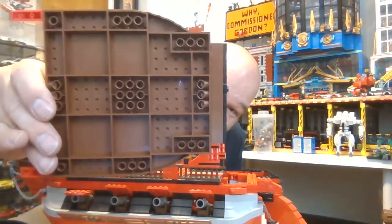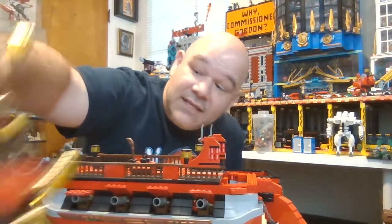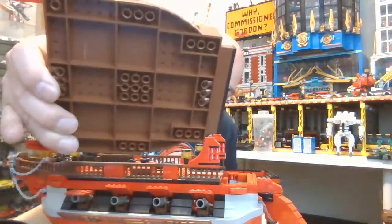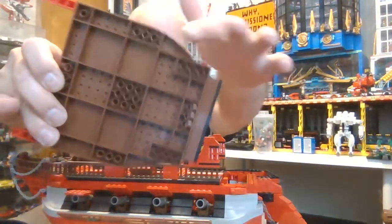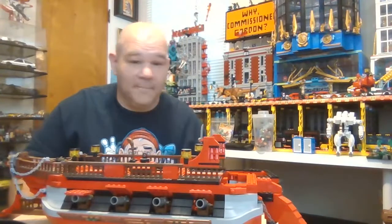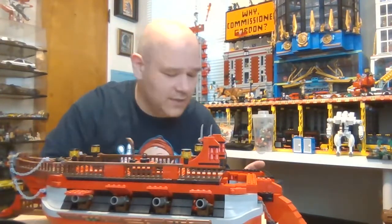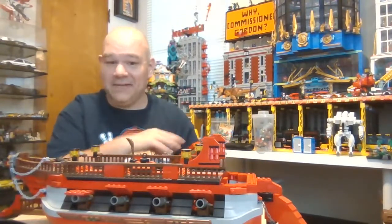Yeah, that's massive. It's got some Technic pins here in the front and in the back. That's in the back. That's how I got the Be His Folly on there. Man, that's huge, right? And it's got that little bit of curved taper to it right there. So it's like prefabricated, pre-made, ready to go, solid, holds up in a storm. You don't have to worry about boards being smashed by drunken sailors and whatnot. It's all good. Now this, looking at this, I'm kind of liking the way I got the room set up